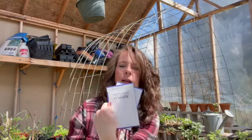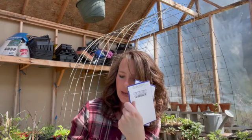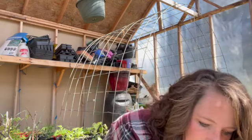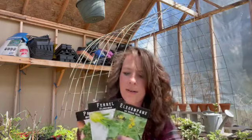I have these white soul strawberries, and then these are a red wonder. I did order and plant them, and they are growing, but the kids really wanted to have their own little patch, and I ran out of seeds, so I thought, well, there we go. Now we have extras. I ordered a couple of different